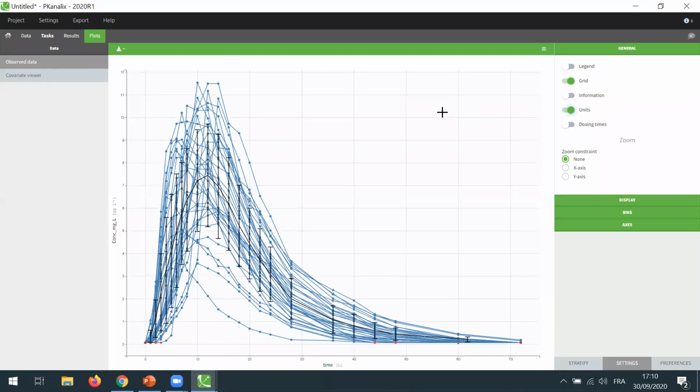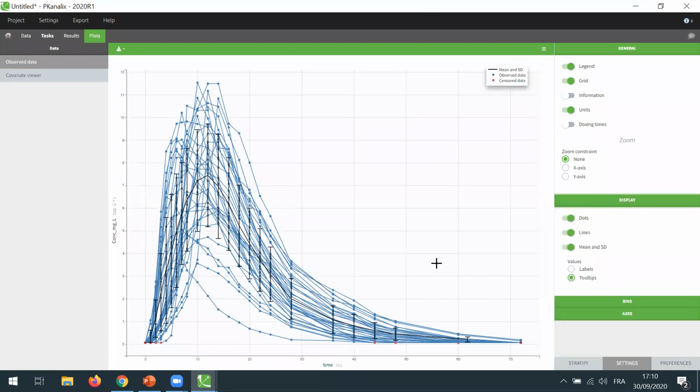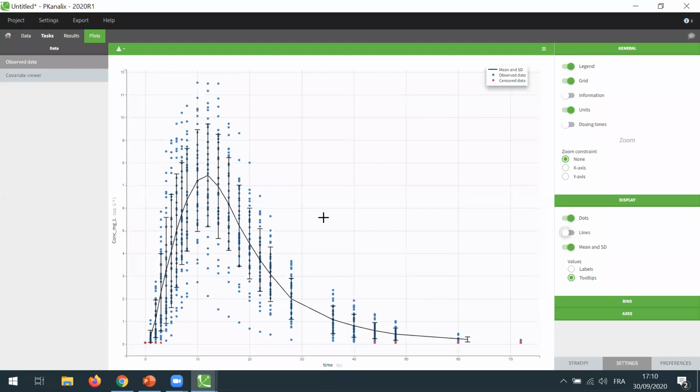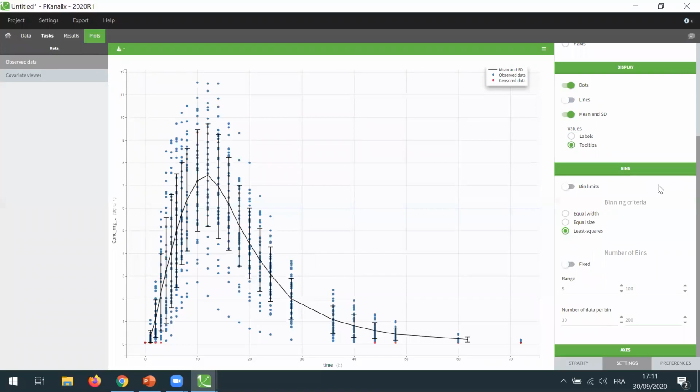You may have noticed also that we have a new feature on this plot, which is the black curve that corresponds to the mean and the standard deviation. It's not always easy to see in addition to the observed data, and this is why in display you can now choose to display all the data and the mean and standard deviation, or perhaps only the data as dots. In that case, we can see more easily the trend lines, so the mean curves and the standard deviations. The standard deviation and the means are computed on bins, and there is a tab to flexibly control how the bins are computed if necessary.